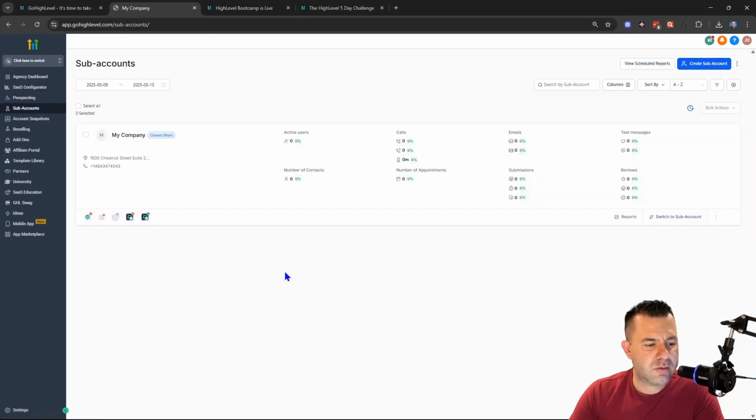Now here's where you're going to see all your sub accounts. We only have the one that was made automatically when I started the trial here. You will have this option with any of the plans. So without the SaaS configurator, people can't automatically sign up and have sub accounts created automatically and have snapshots loaded automatically and all that stuff. So you would have to then come in here when you do land a new client. If you're just doing a regular sales call on the 297 plan, you can just come in here and get